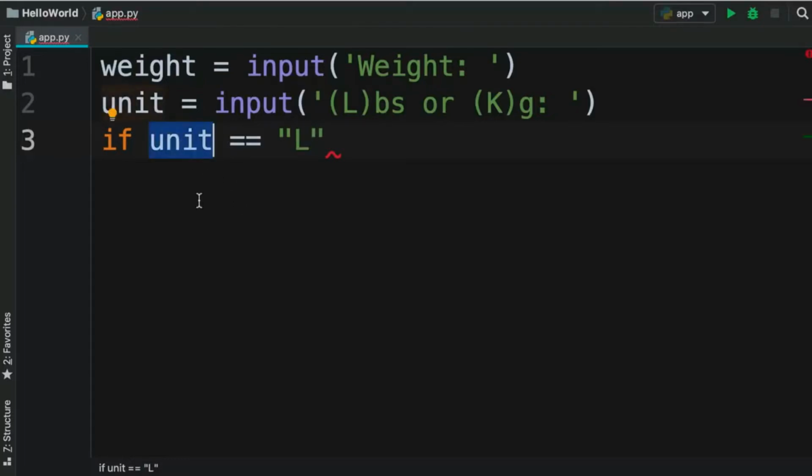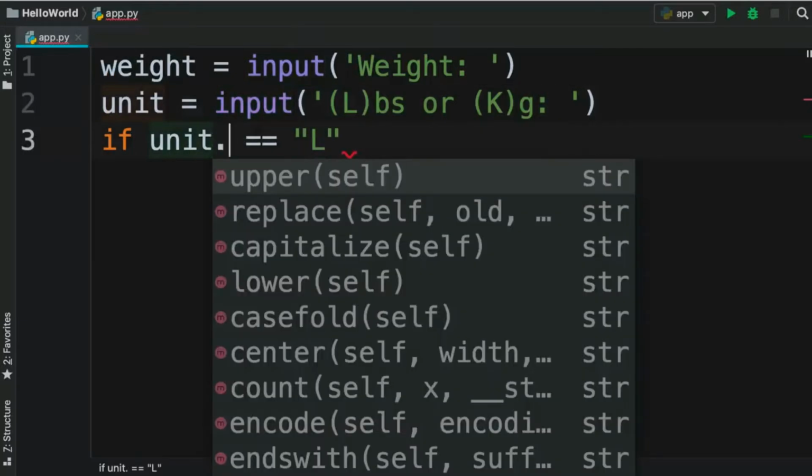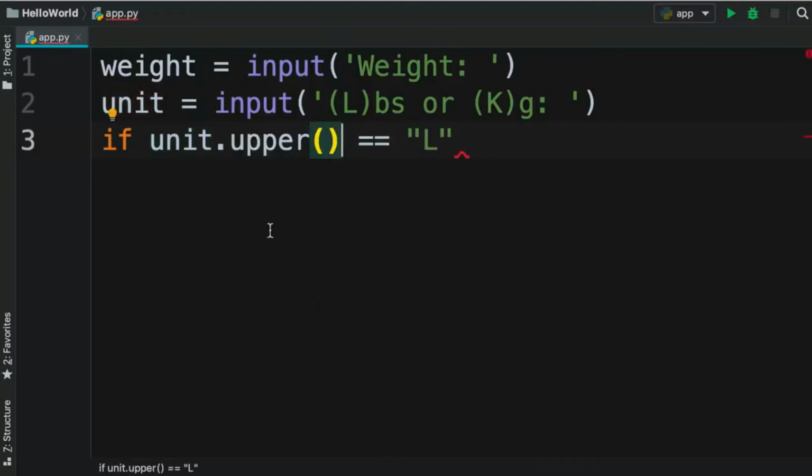This unit is a string because, as I told you before, the input function always returns a string. So we can use the dot operator to access all its methods or functions. Here we call the upper method. This will convert whatever the user enters to uppercase, and then we'll compare it with a capital L. Now, if this condition is true, then we need to get the weight and multiply it by